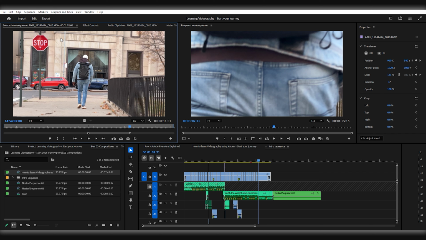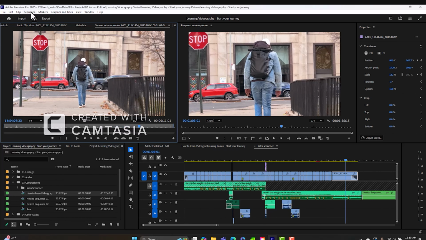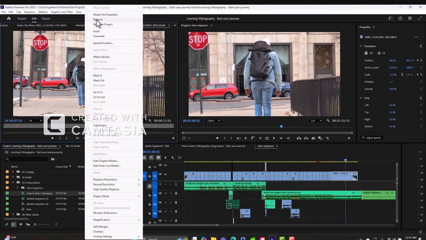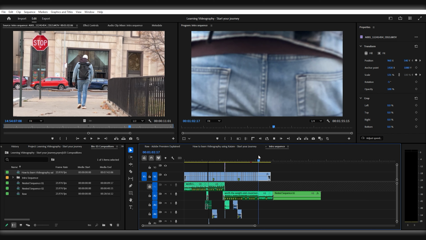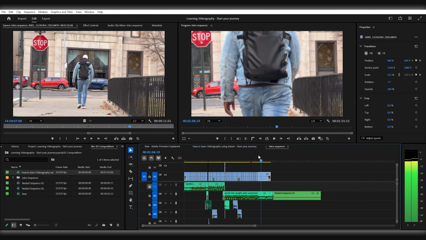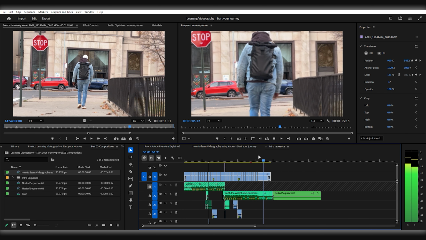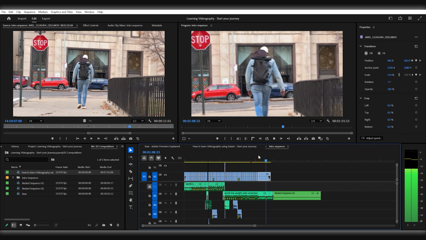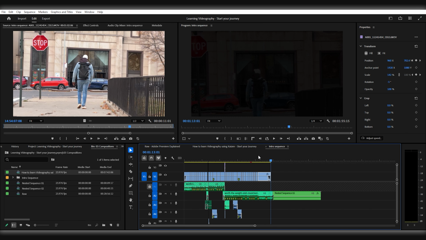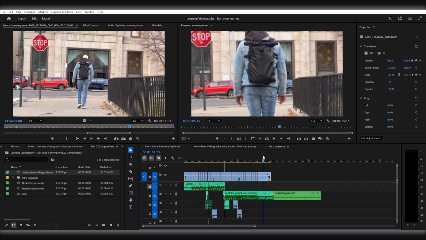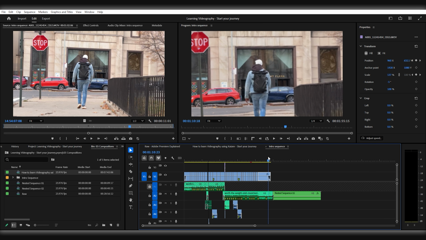And as you can see, if I hit the properties, it was recorded in 4K and 30 frames per second. So in the timeline, if you look at the same clip, I added a pan up and a fade out,